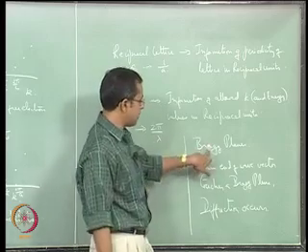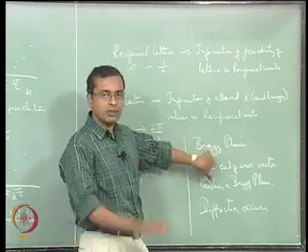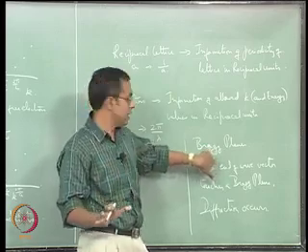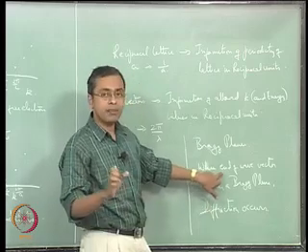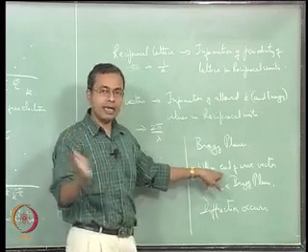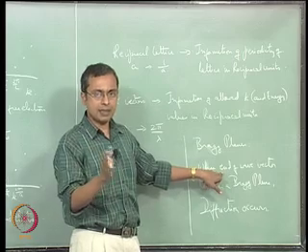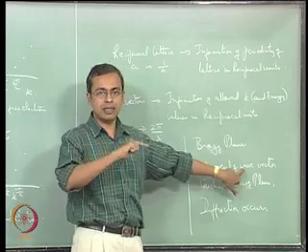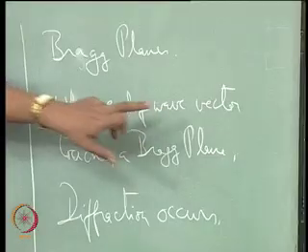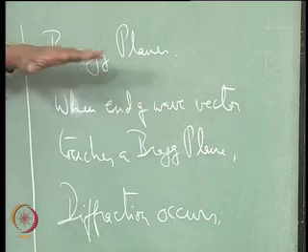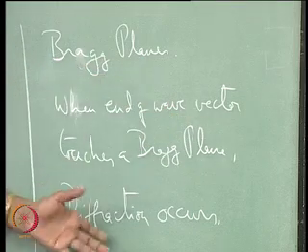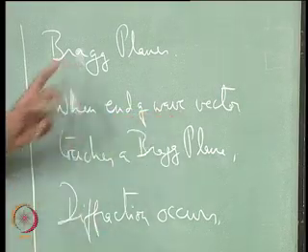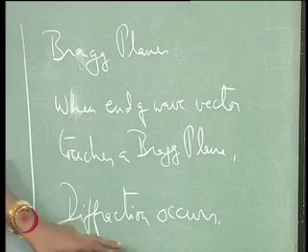Basically we are saying this Bragg plane is coming from the reciprocal lattice, okay. So that represents now the periodicity of the structure that we are discussing. The wave vector that we are talking of belongs to the waves of any radiation or electrons that are interacting with the system. In this case these are the wave vectors of those nearly free electrons present within the system. The interaction of these wave vectors with the periodicity of the lattice is captured by the fact that at specific values of wave vector, when that wave vector touches a Bragg plane, diffraction occurs,